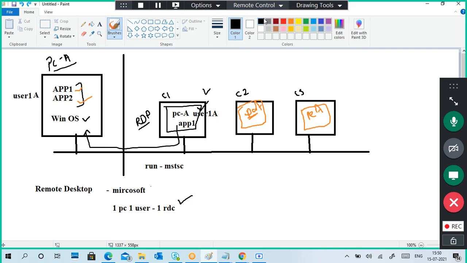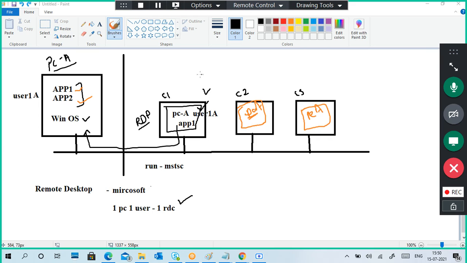Got the point, guys? Scenario understood? You don't require an answer also. I have 10 computers and one main computer where the main applications are running.